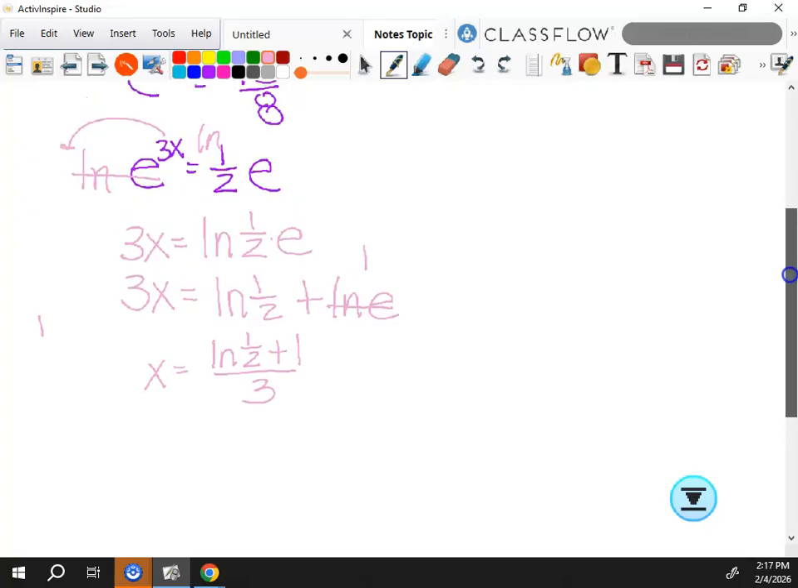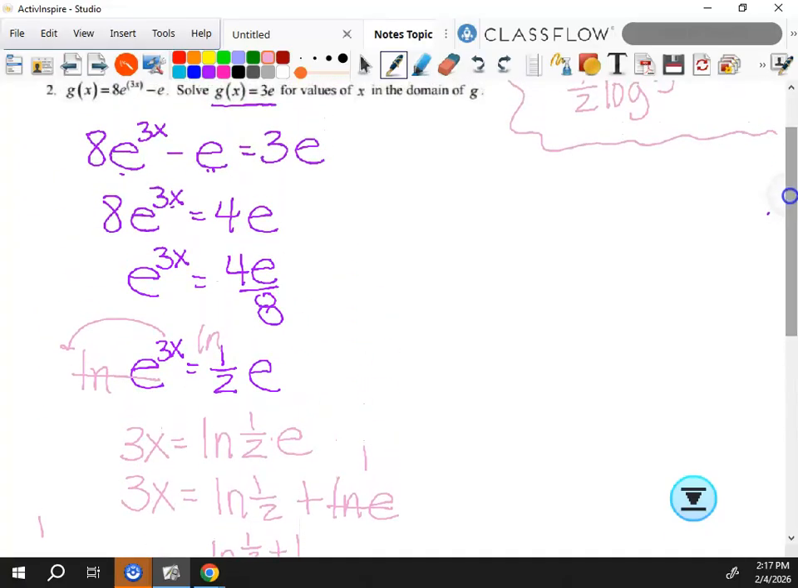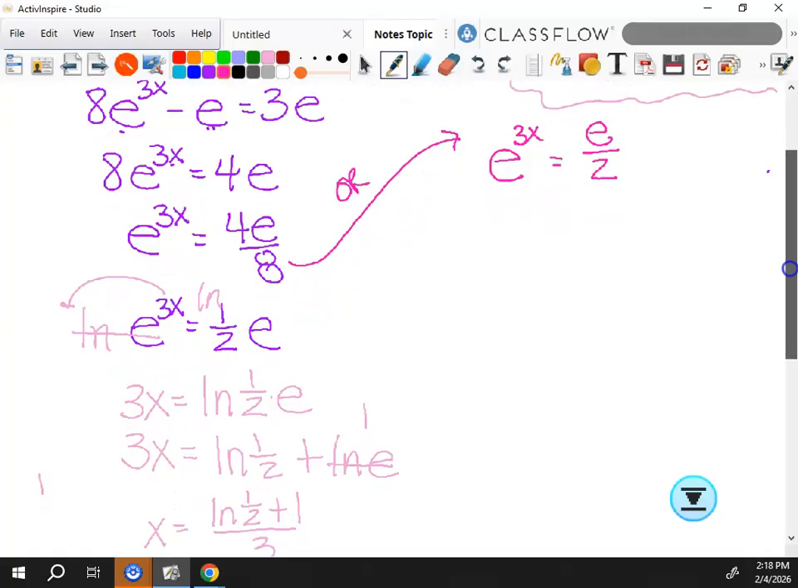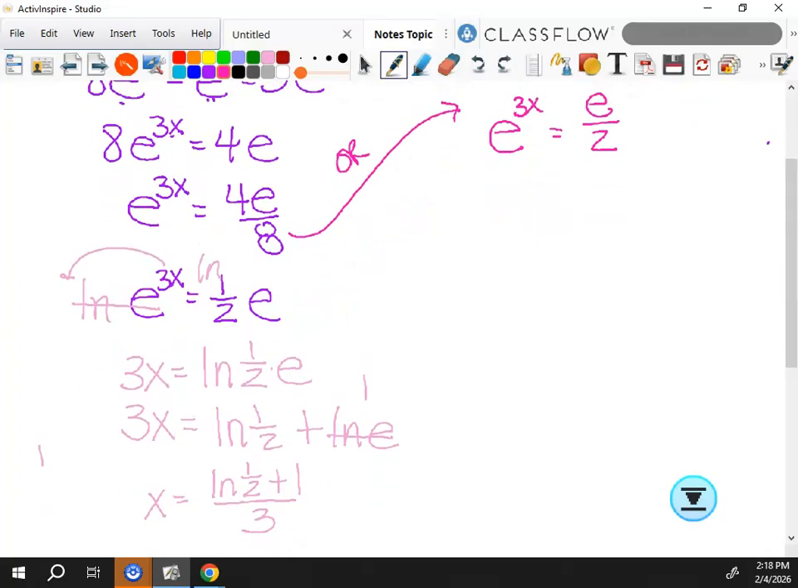So we're going to go over here and do an OR again. So I'm going to start here and OR. I will end up with e to the 3x power equals e over 2. Would you agree that e over 2 and 1/2 times e, those are the same thing, right? One's not necessarily better than the other. But if I start here and do my natural log of both sides,